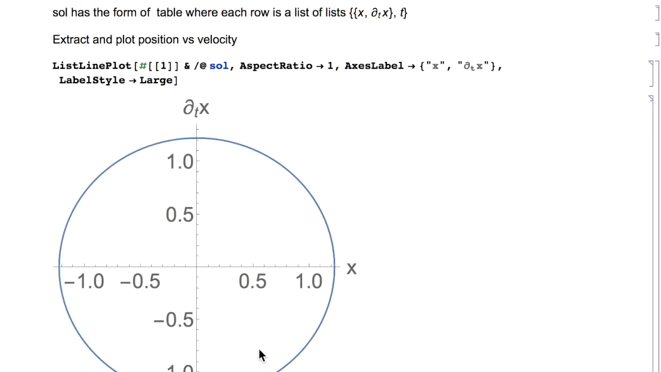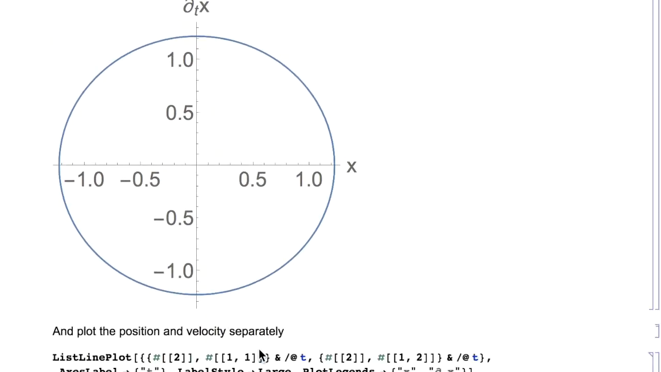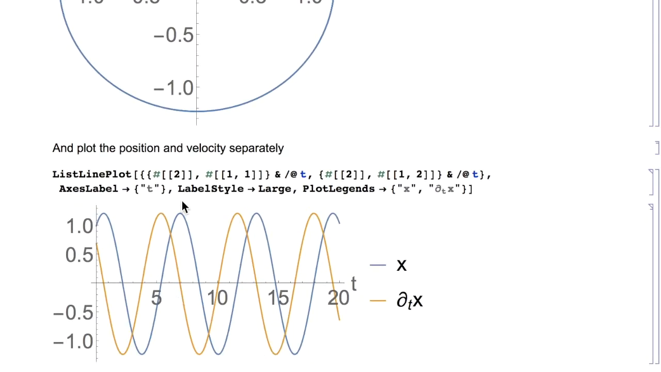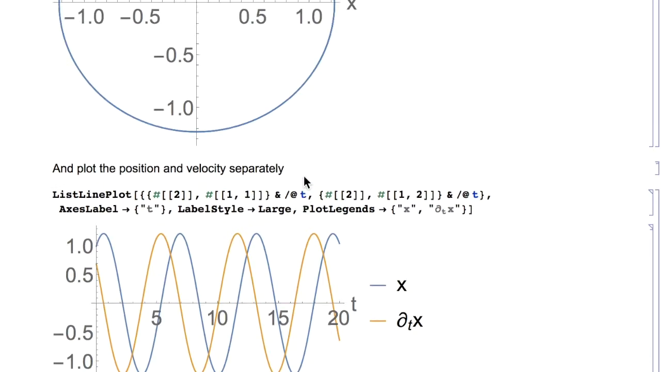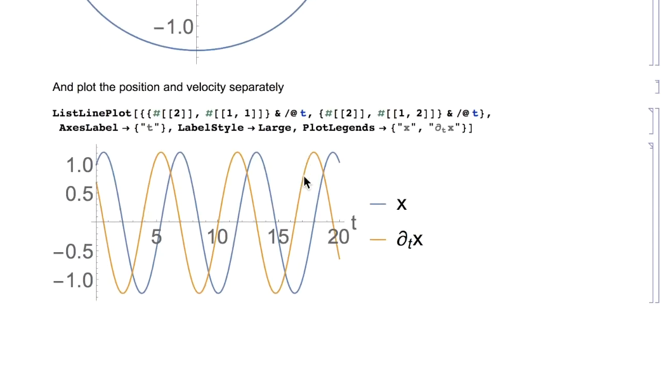We could have, of course, also plotted position and velocity separately. There's a trick for that as well. We hash 2, which means the second element of the list extracted should work, and then essentially if we work our way through this, then this should exactly give us the right answer. And indeed we can clearly see that the plot we have,